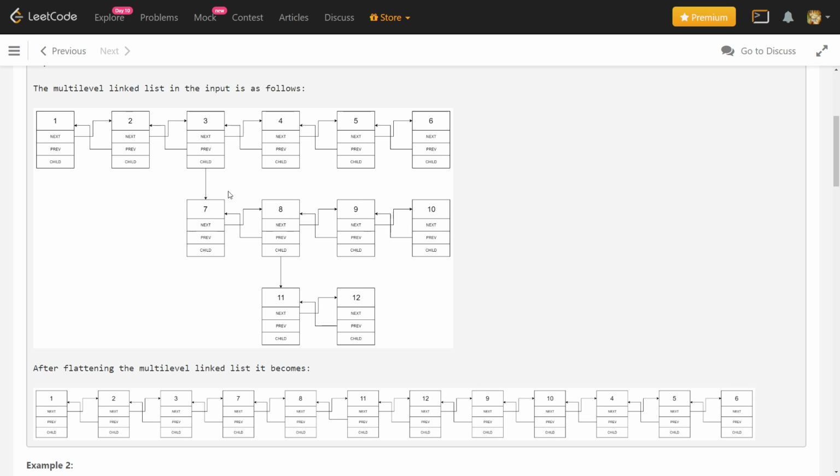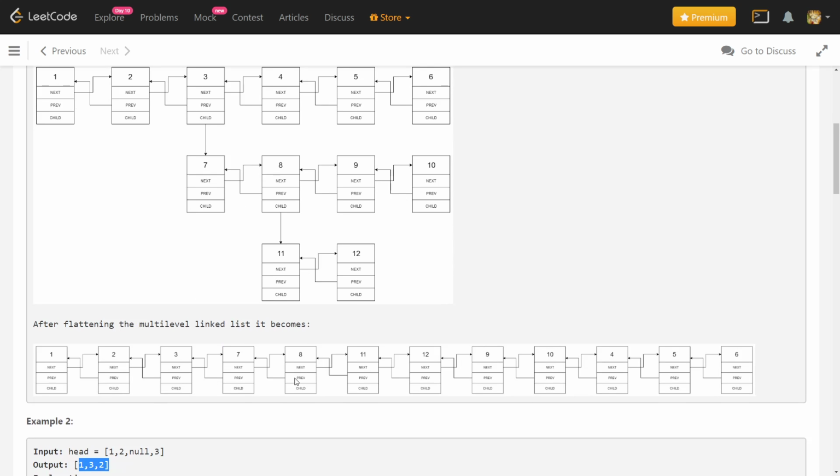But the observation here is that if you see this smaller structure, it is exactly like the bigger structure, but with one less level. So we can think about a recursive solution here: if I somehow am able to solve this smaller data structure, can I flatten the above data structure? The hint can be found using the solution which is given, which is 7, 8, 11, 12, 9 and 10. If somehow I am able to get that array, I just need to append it after 3 and continue with 4, 5 and 6.